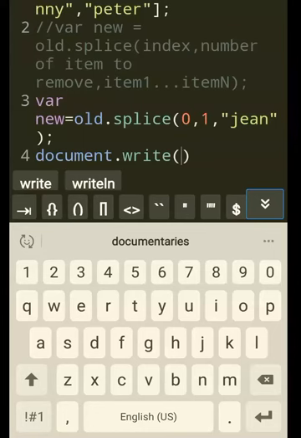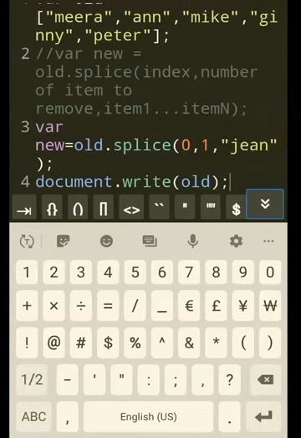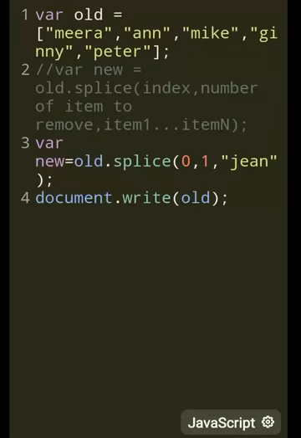What happens after you do this operation? So document.write old. Let's check it out. Oh, sorry. Var new is old dot splice 0, 1, gene. Now what went wrong?